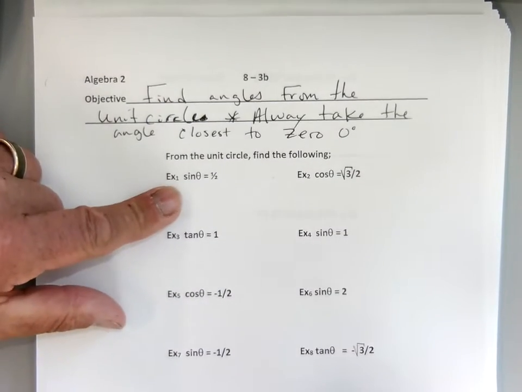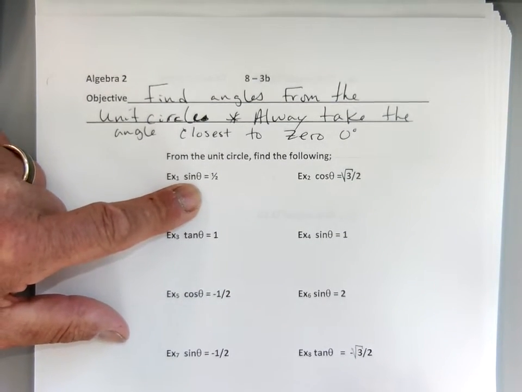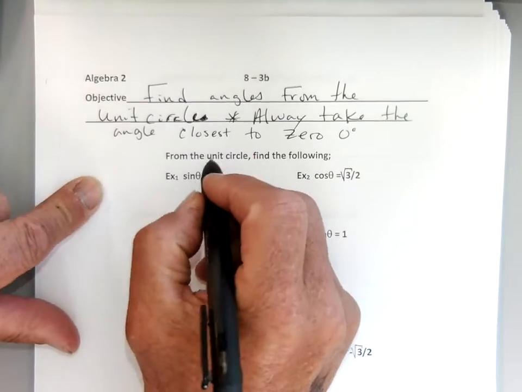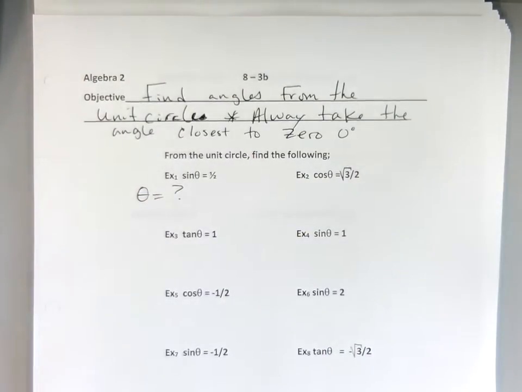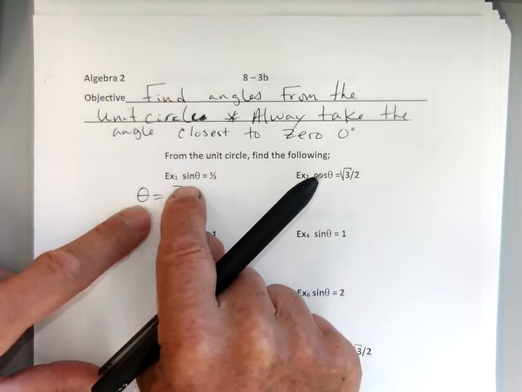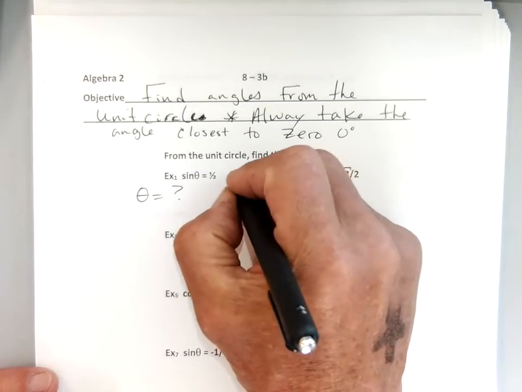So example 1, sine of theta equals 1/2. So for sure, we're trying to find theta, okay? So we need to find the angle. Theta equals what? Okay, we're looking for the angle. Yes, Ellie? Yes, you're way ahead of me. I like that. Yeah, you should be teaching. Nice job. Exactly. So, and I'm going to say that, Ellie. Thank you. Sine is the y value. So we're looking for a y value